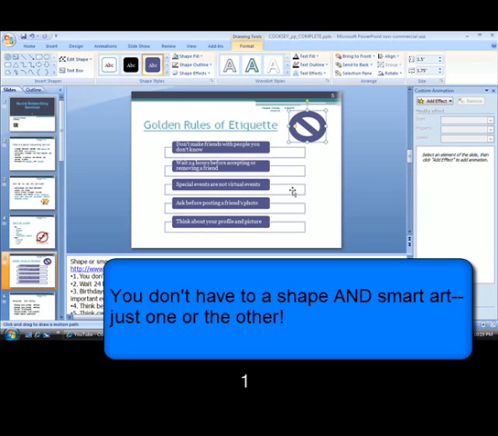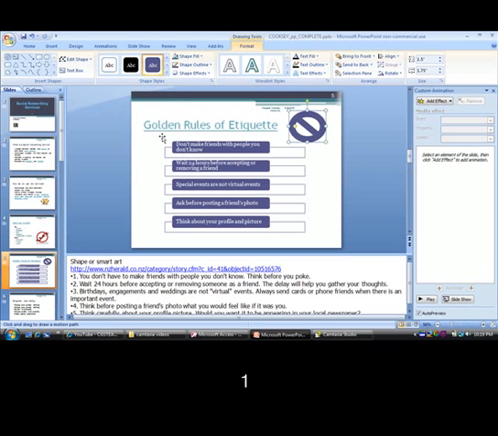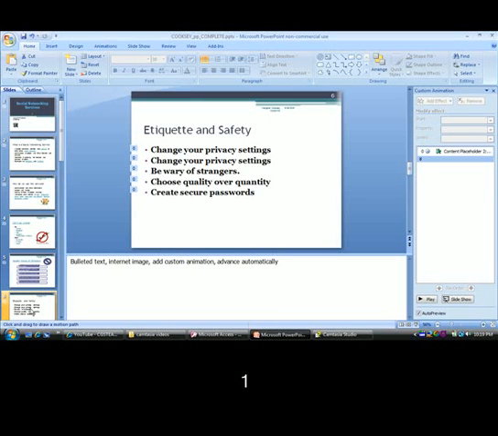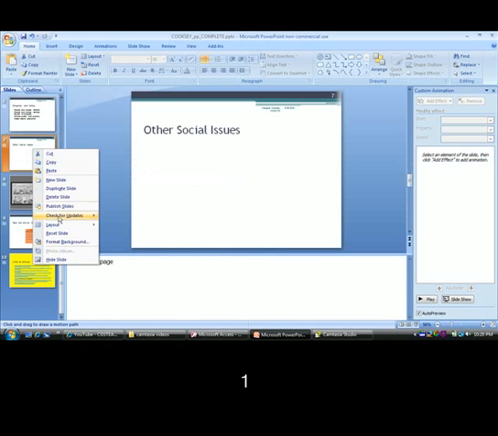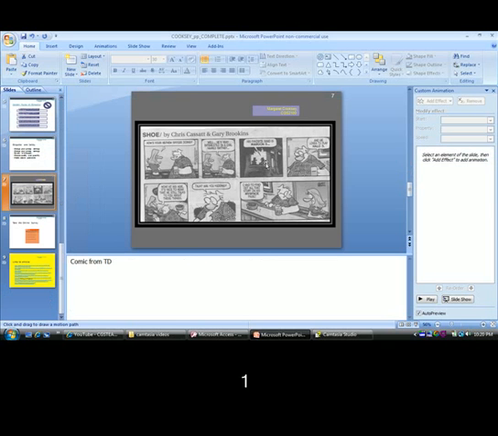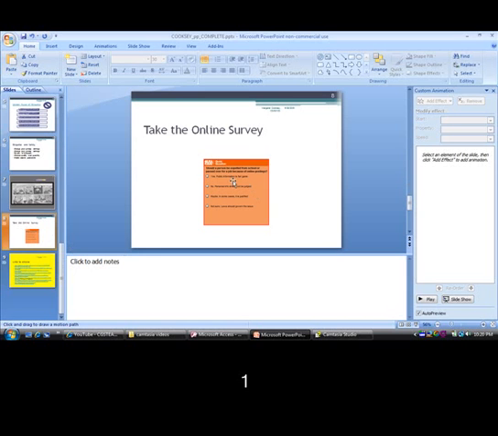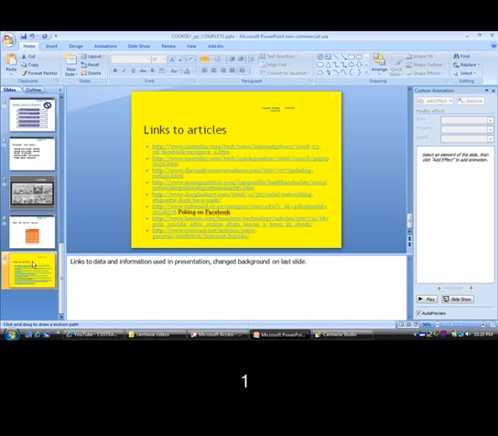Okay, now I used smart art, and we did smart art in Word. Now I'm going to go to my slide 6. And you don't have to do anything special on slide 6. Slide 7, if you have a slide you don't want, delete it. I included a graphic, a cartoon that I scanned and included in my presentation, and I also included where I got it from here in my notes. I also had a link to an online survey. And then slide 9